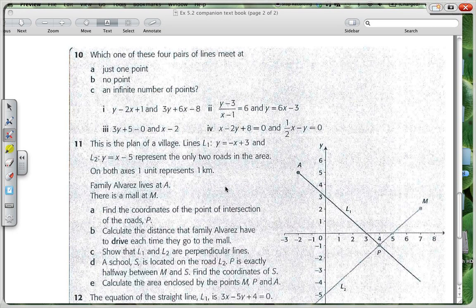Looking at this again, I'm not quite sure what to do. I'll come back to you on that. But looking at this one over here,